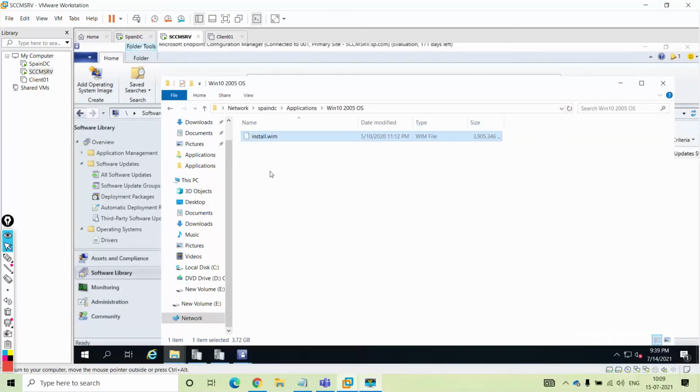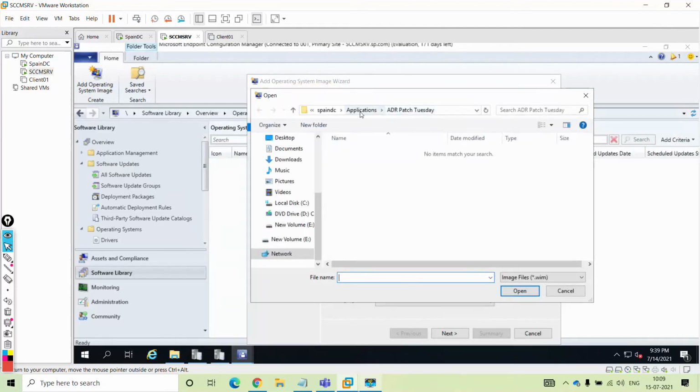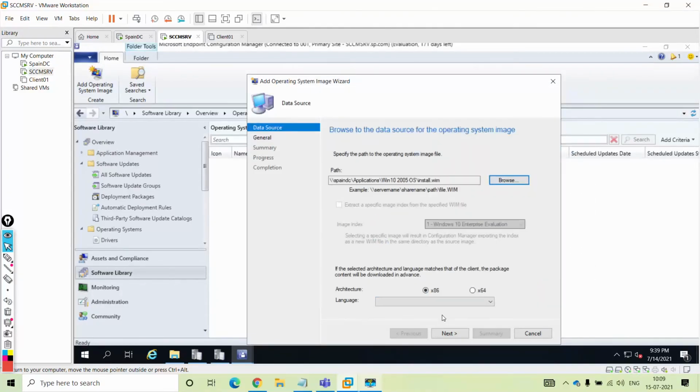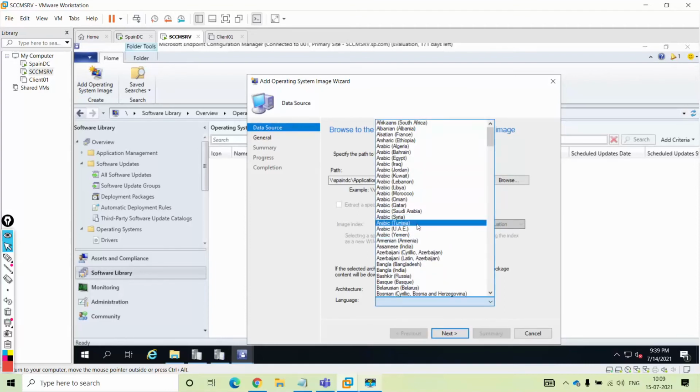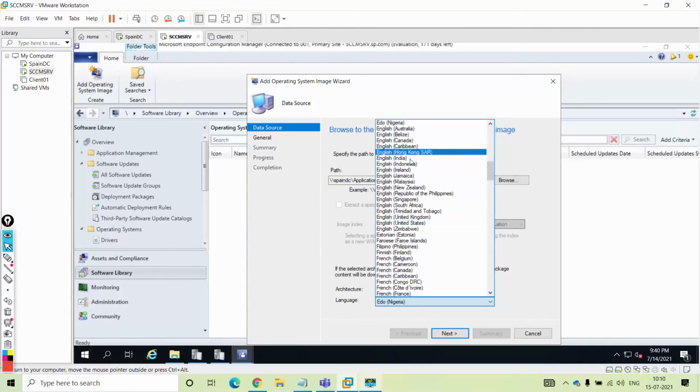So my image has been uploaded. Now I'll again give the network path: applications, Windows 10 2005 OS. It is precisely 64-bit. I'll select my language. My language is English, US.